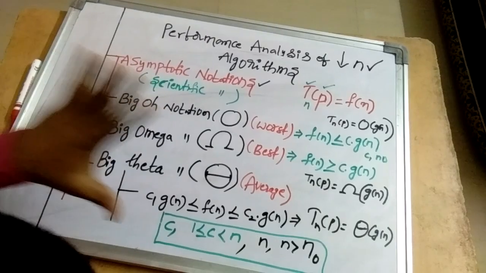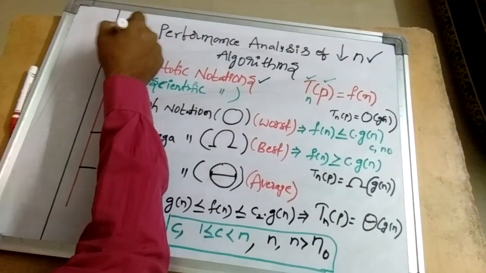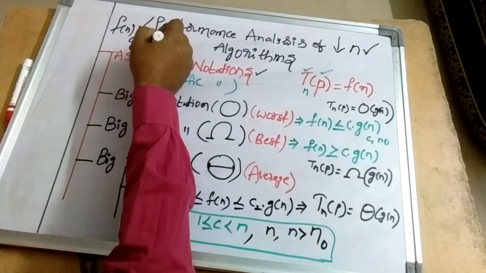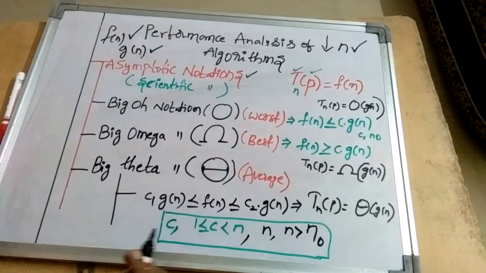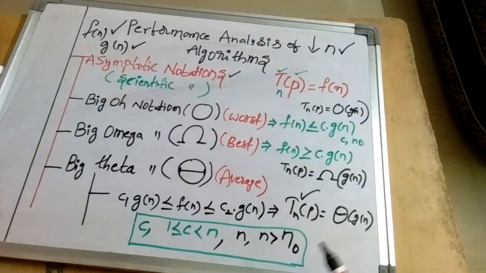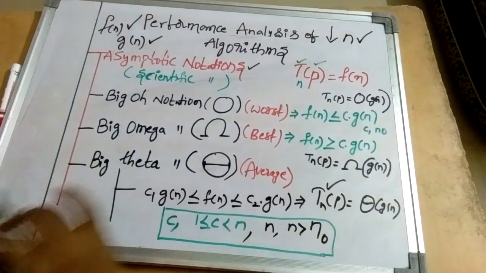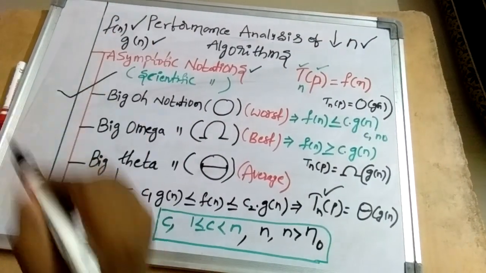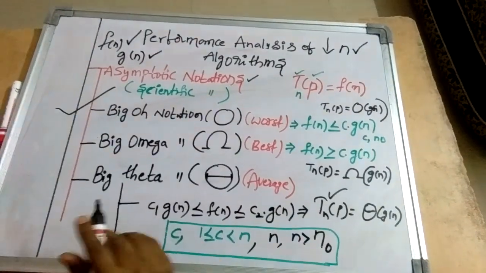The problem is that most of the students don't know how to calculate this f of n, that is the first thing. How do you do that? Then how do you get the g of n? If you know how to get this f of n and g of n, that's more than enough. You can write the time complexity for any given problem. Okay guys, now let us see how to get this f of n and g of n with respect to the big O notation. I will be focusing only on big O notation, which means we are trying to find out the worst case time complexity of a given problem.